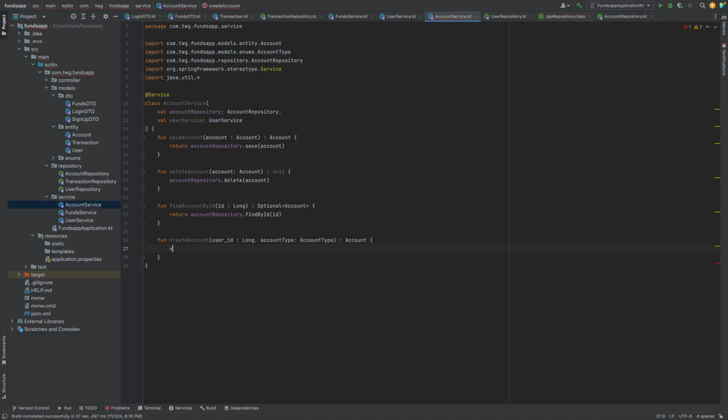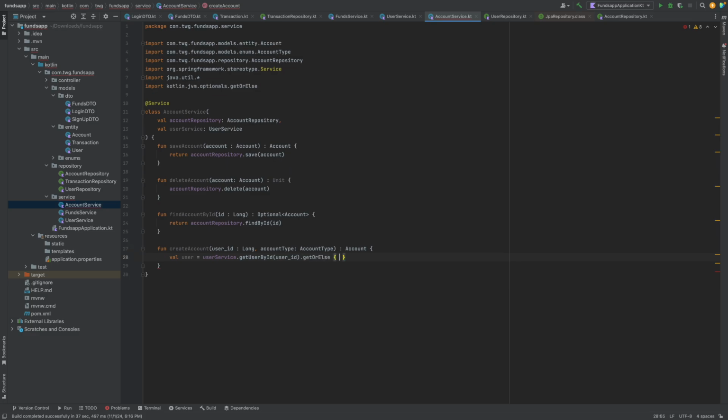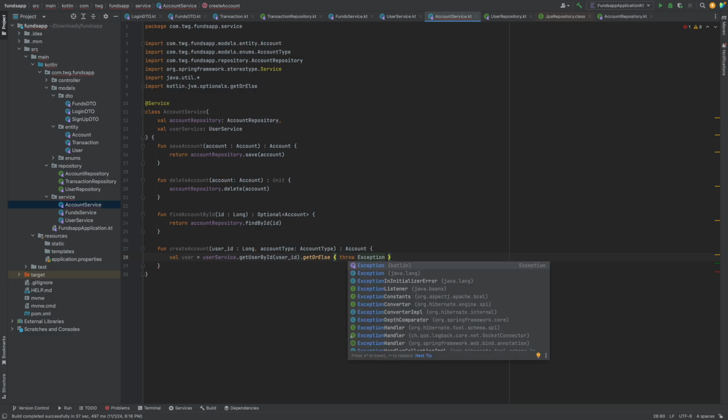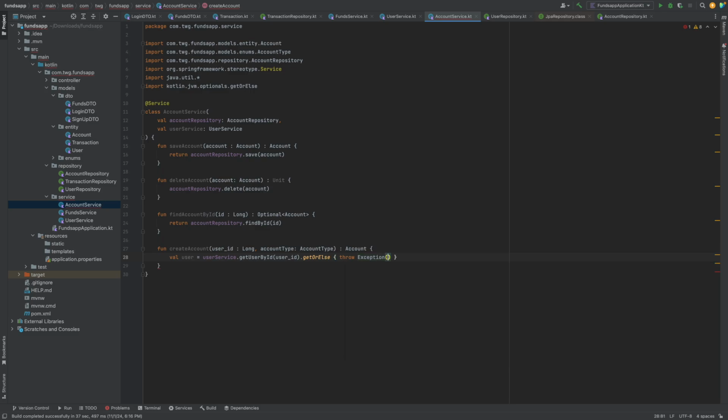Then what I'm going to do is create a variable to hold the user, right? So I'm going to attempt to call user service and get user by ID, pass in the user ID, and then I can do get. I'm going to use another one, get or else, and then I can go ahead and throw an exception, right? There's multiple ways you can throw exceptions using optionals, but this is just another way I want to show. And I can put user